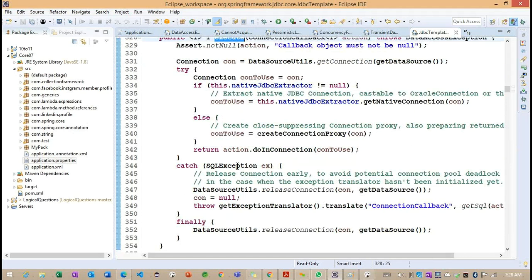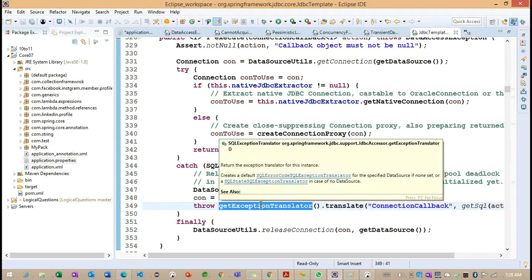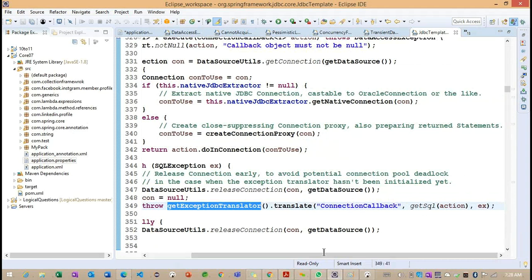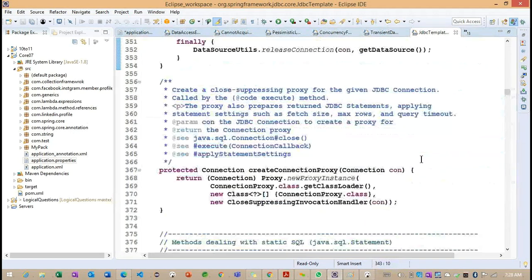This is very important. Whenever we get an exception, it throws an exception, and with the help of the get exception translator, it converts the checked exception to an unchecked exception. This is the common code implemented here.